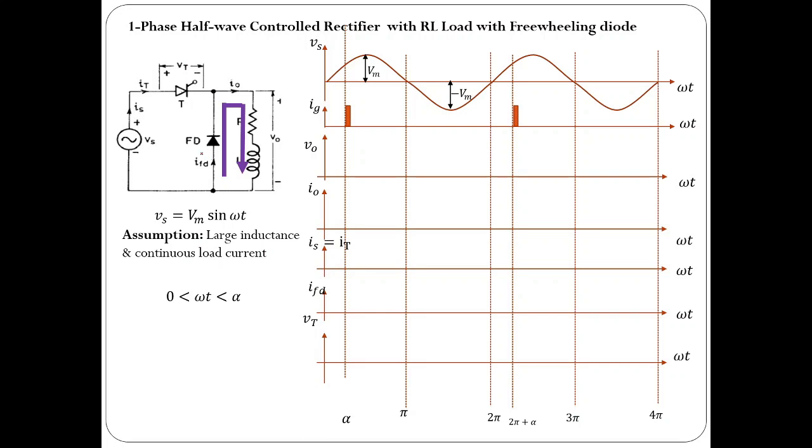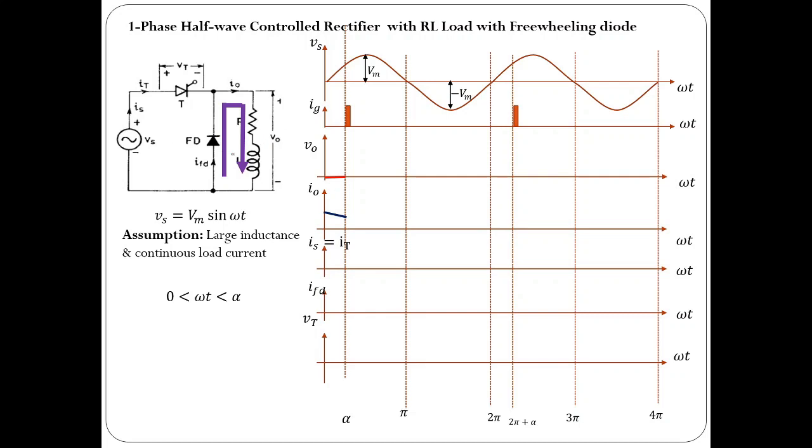So it's steady state, and the current should be given a certain path. This freewheeling diode is the path provided. Instead of going this way, because the thyristor is in off state, it can take this path. During this period, the freewheeling diode has to be forward biased, and this is taken care of by the inductor. The inductor will induce voltage in such a way that the freewheeling diode is forward biased. The voltage across the load is going to be 0, because that is the same as the voltage across the freewheeling diode. When it is conducting, the drop is 0, which is the same as the output voltage.